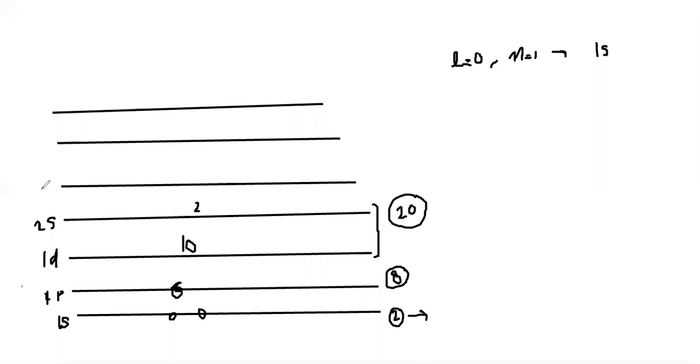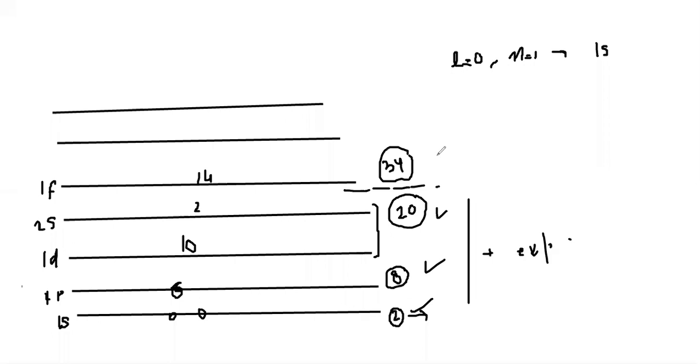After this comes 1f. If 1f is here, it can occupy 14 electrons, and 20 plus 14 is 34. So the fourth shell closure occurs here at 34. First it occurs at 2, then 8, then 20. These are experimental results, and I agree with these 3. But the fourth one is not an experimental result. 34 is not a magic number. If you continue this procedure, you will see the next shell closure occurs at 40. This is a magic number.